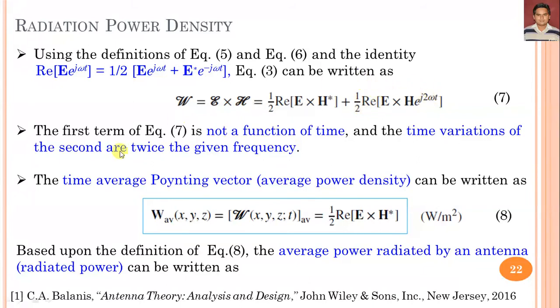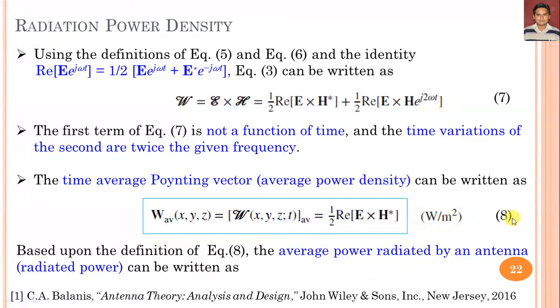When calculating the time average Poynting vector, or average power density, we eliminate the second function, which we ignore. So W average equals 1 by 2 real part of E cross H complex conjugate